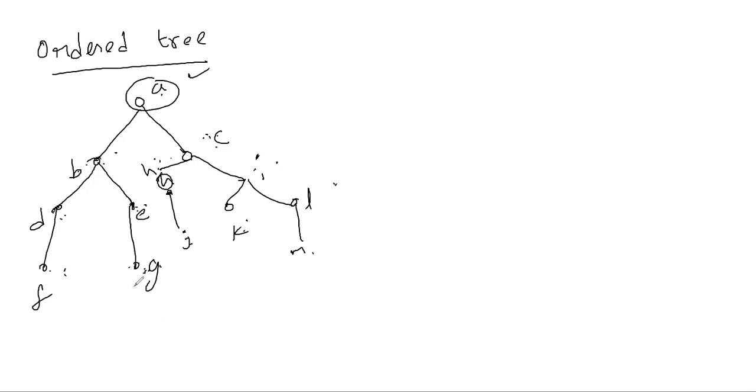nothing but generally first the root name, next the left side, then the right side. For example, one more time: first A is there, so A, left side B, next right side C. Listen to this carefully. First I am naming A, next left side B, right side C, again come to the left side, what is after B, C, left side D, next D, right side E, next again A, B, C, D, next left side F, right side G.